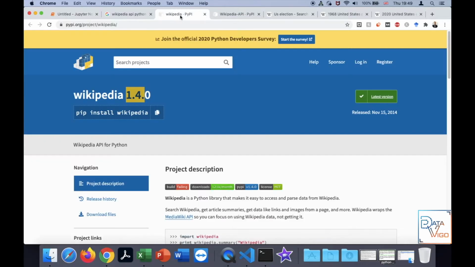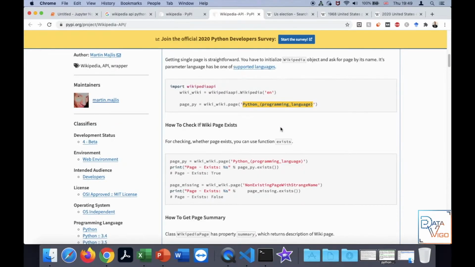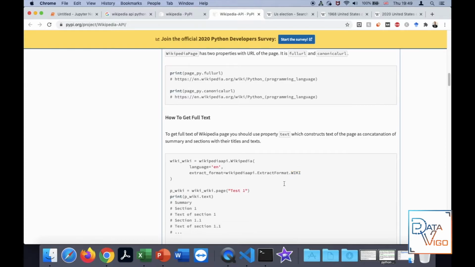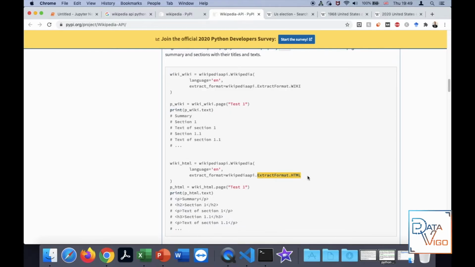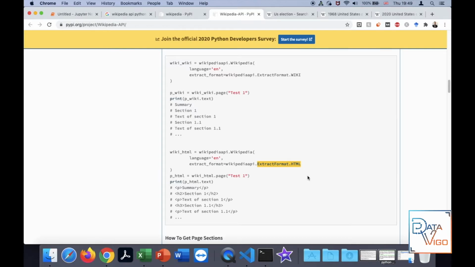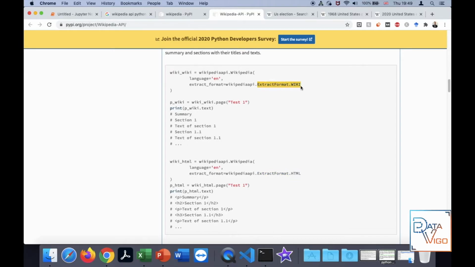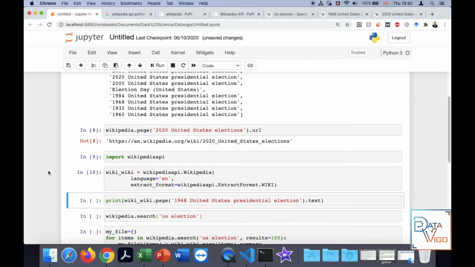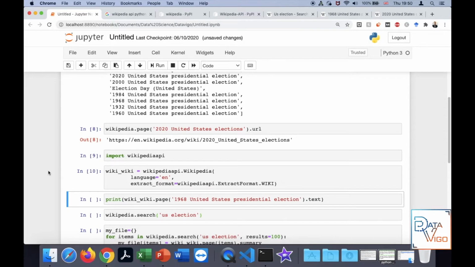There is also another format that you can find on the documentation in here, and that is the HTML format. So that's the Wikipedia format, and the other one is that it extracts you like the HTML document. So it depends on your purpose. Since I'm gonna do the natural language processing techniques after collecting the data, then for me I'm gonna actually keep it to the Wikipedia format, as you can see in here. So I'm gonna run this cell by pressing Shift and Enter on my keyboard.